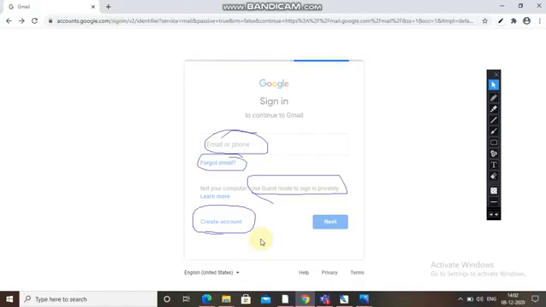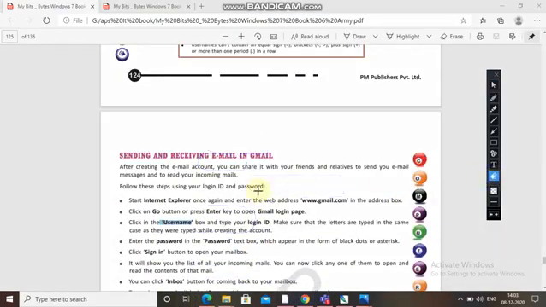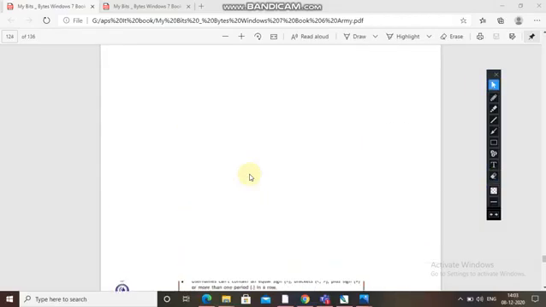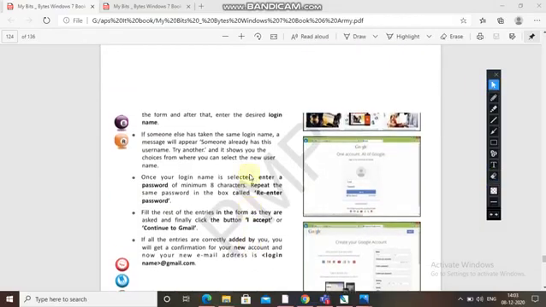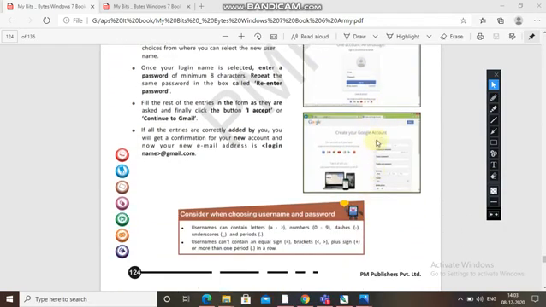You will get a form which you have to fill. As you have seen the steps in your book, it is given. Okay, here it is given, the steps in your book. Okay, so as same you have seen this. Now you will see this form which is given over here.